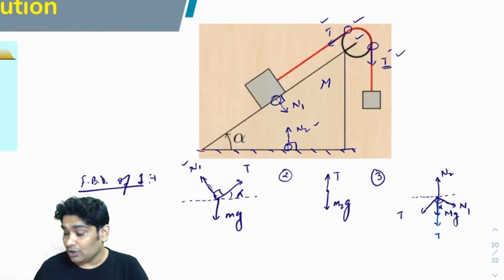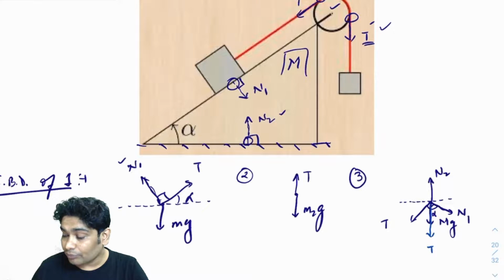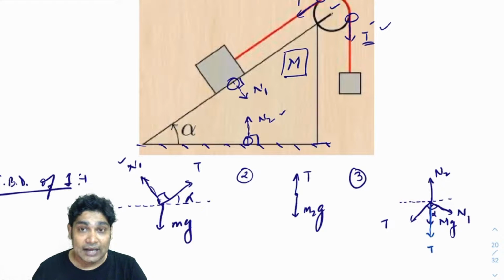Okay. So in the last part, when I'm making the FBD of capital M, I have to identify all the contacts that capital M has. And please remember,